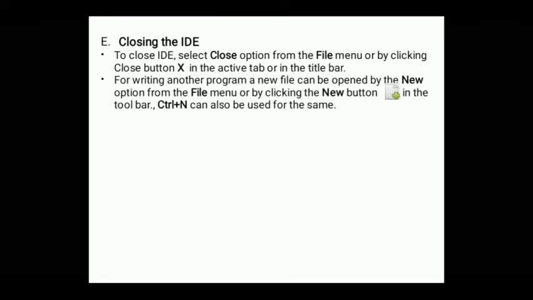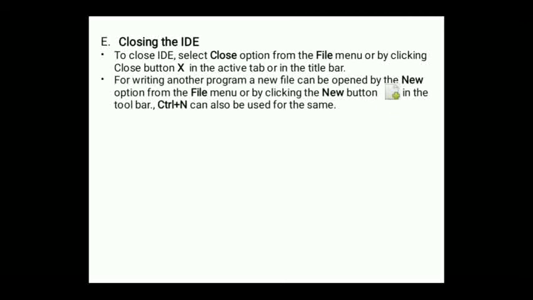These are the methods for writing a C++ program in the integrated development environment. First we choose the application in the Linux operating system. First we select the application, then select programming, then click on Genie. Then in Genie, to write a new C++ program, we choose the file menu, then select the new option, or select the new button in the toolbar.